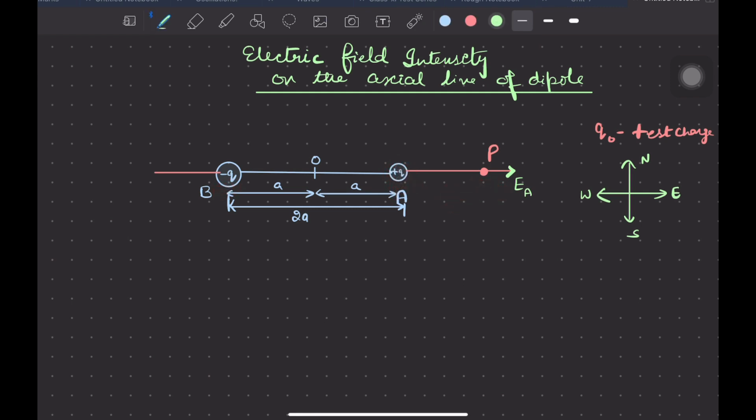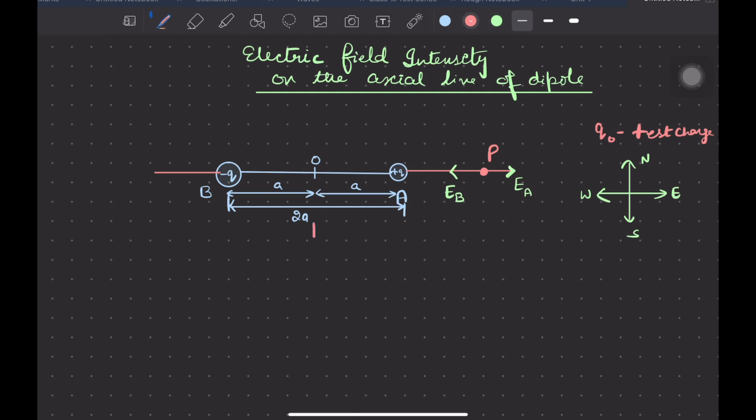That means the electric field at point P due to the minus q charge placed at point B is in the inward direction and will be written as EB. So this is almost done, and now we just need to put more labeling over here. I have not yet considered the distance of point P from the center of the dipole, because it is a short dipole, and therefore we have to consider the distance of the point of observation from the center of the dipole.